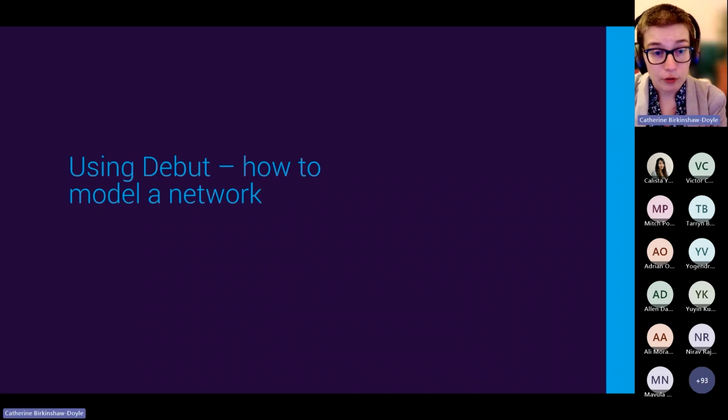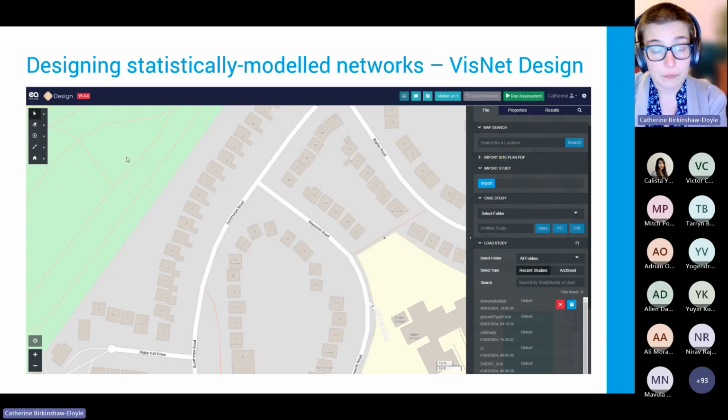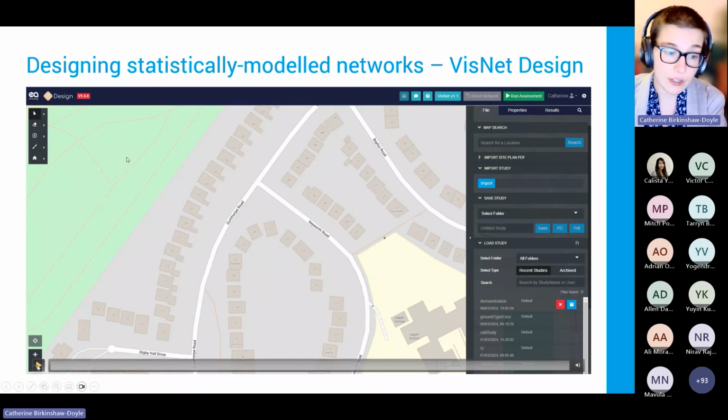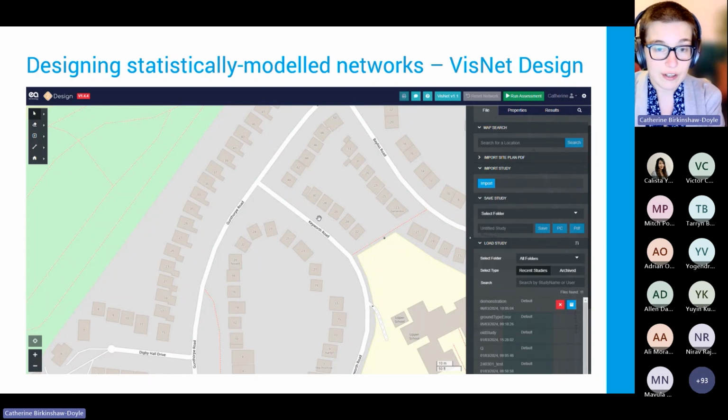So how do you model a network using the DEBU approach? You do require a specialized tool to model networks in the DEBU approach, and this tool is called VisNet Design. It's EO Technologies' network design and load flow software. It's a web-based tool with a really quick and easy modeling approach. And I'll just set the video going so you can see a little bit of an example of VisNet